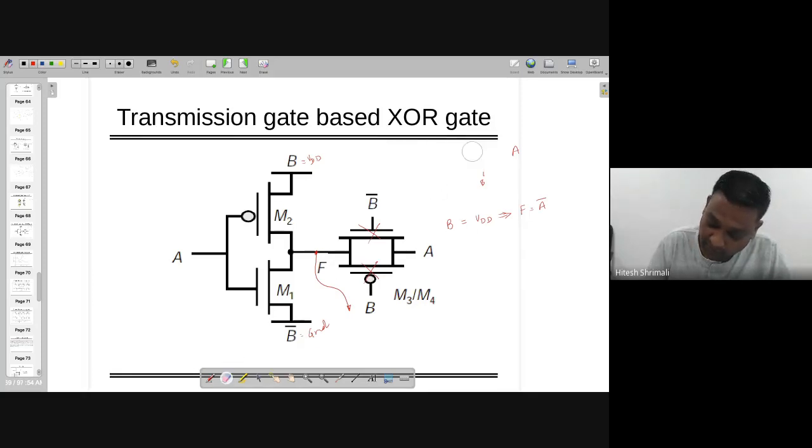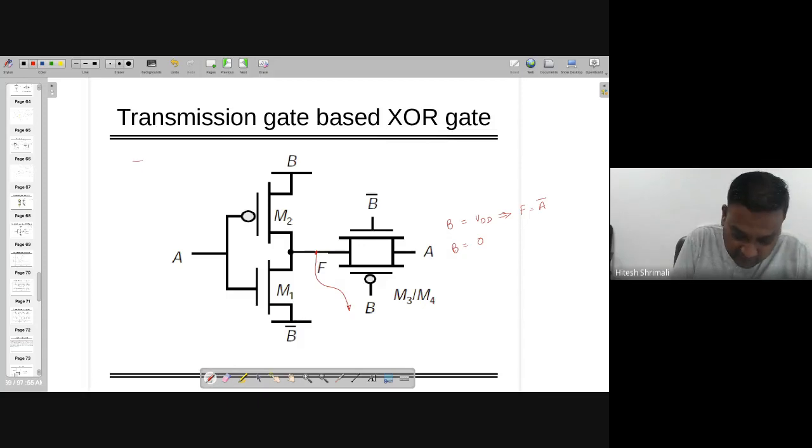Now, when B equal to 0, what is going to happen? This is going to look like this one. Look at this, the position of NMOS and PMOS both are changed. Now here, this is connected to, right? And this is connected to, right? So this is what happens when B equal to 0,